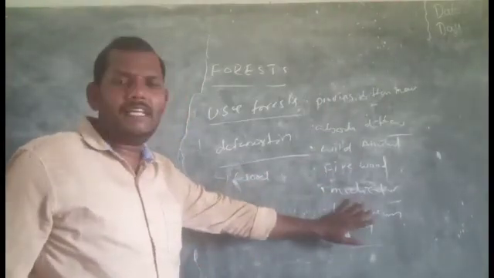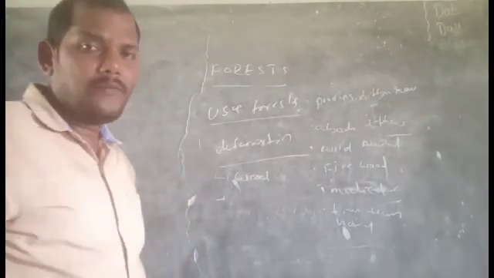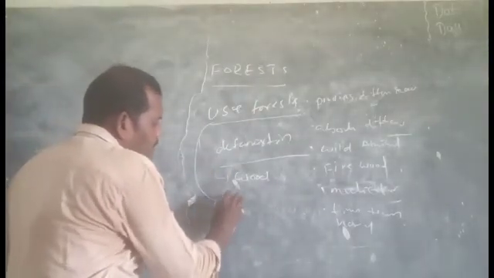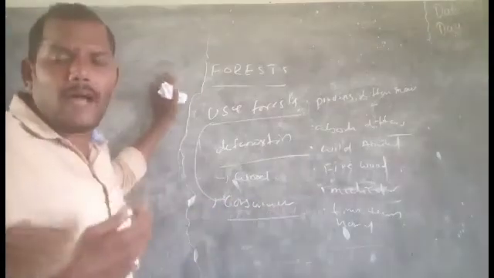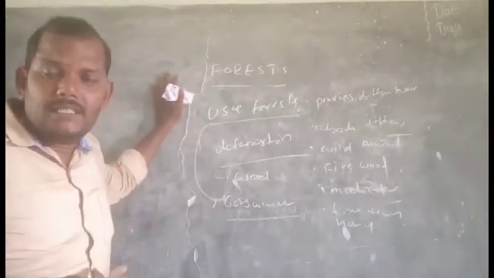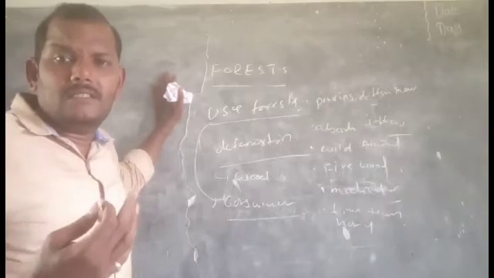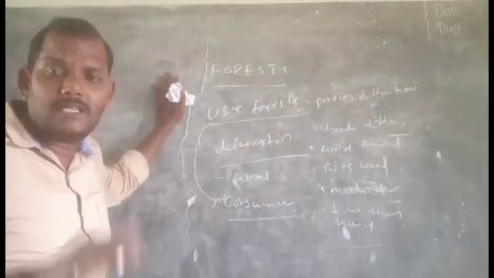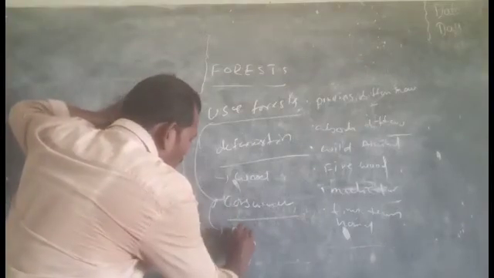By these, the forest uses can be divided into four types. First one is consumption. That means the forests are providing different types of consumed goods, like honey, timber, tamarind, fruits, different types of vegetables and other materials. Consumption materials are available in the forest. Consumptional usage of the forest. Right? Second thing, the forests are helpful to